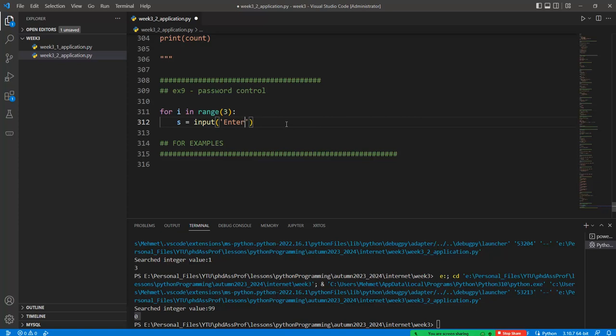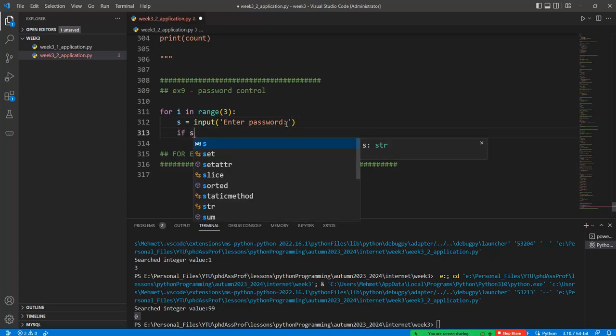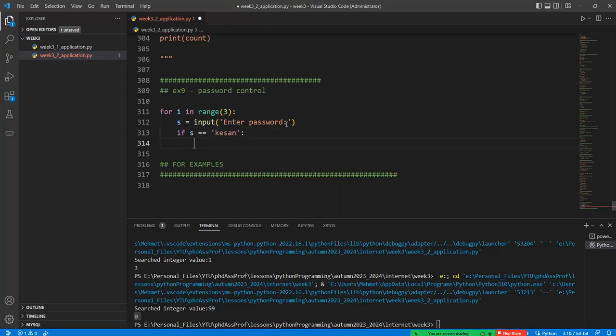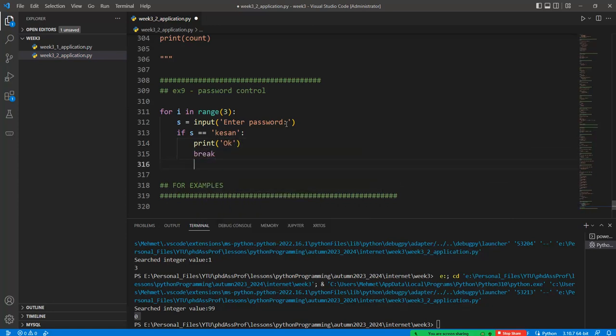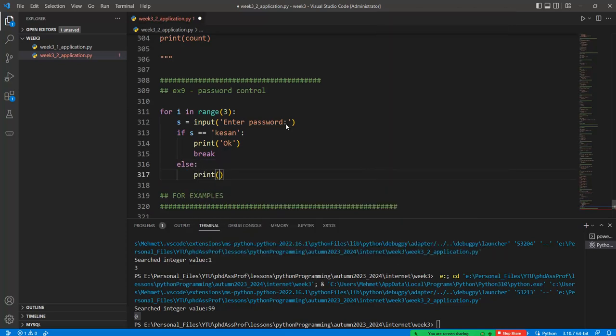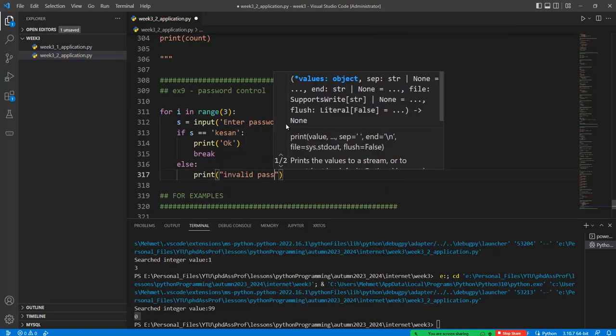And so we enter the password, so we can write this password 3 times in here. Okay? So if s is equal to Keshan, then print OK, and so we can break the whole loop in here, or else print invalid password. Okay,